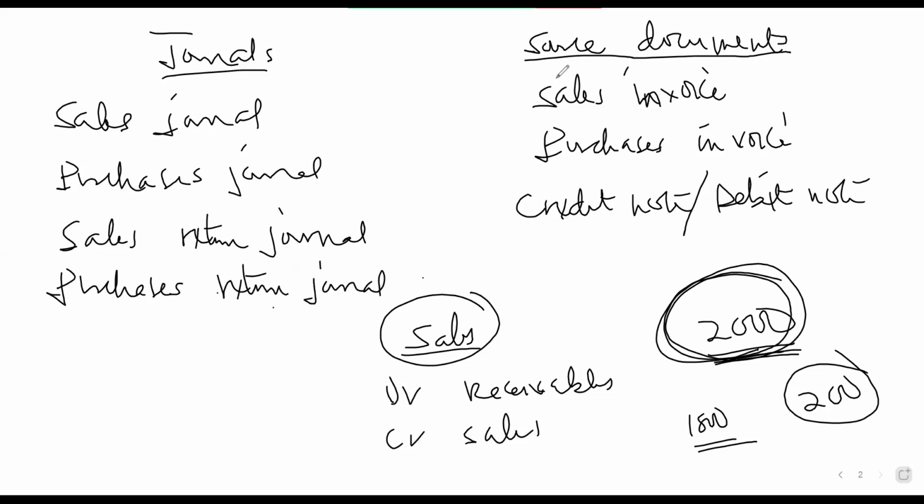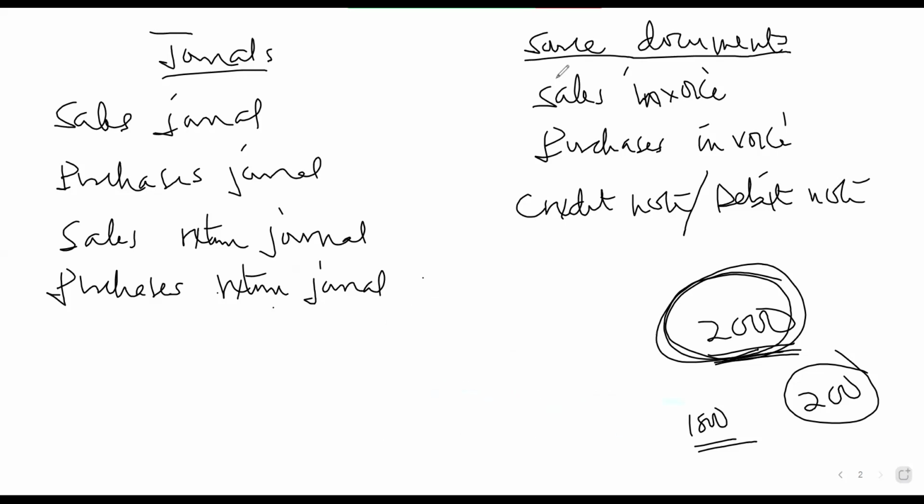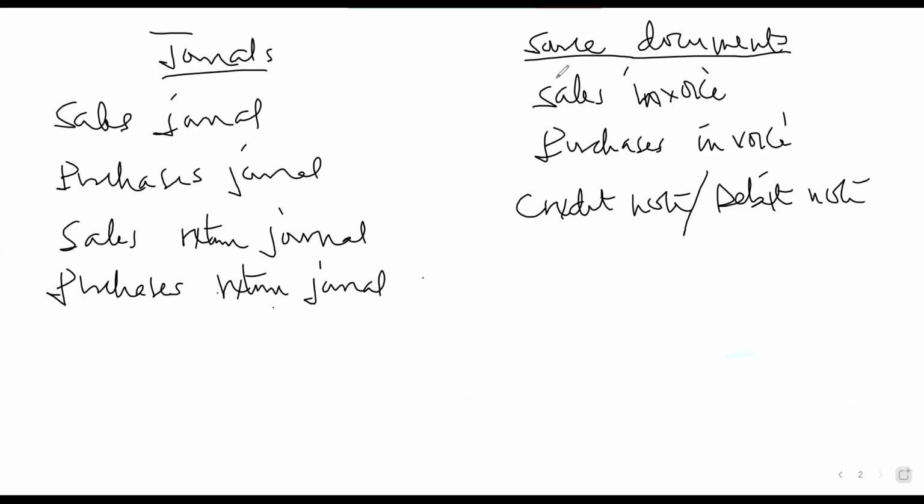We also have the purchases return journal. The purchases return journal also depends on who is issuing the notes. If it is a company, the company will issue debit notes because the supplier will be a creditor to the company. So the company is returning to them. It means that the amount that the company will be owing them will be reducing. But if it is a supplier that is issuing, the company is a debtor to the supplier. So the supplier is going to credit the company's accounts.